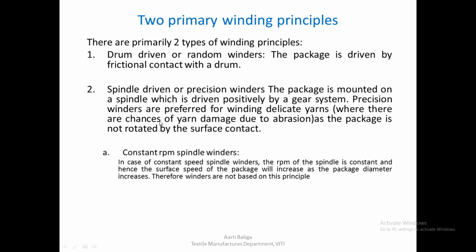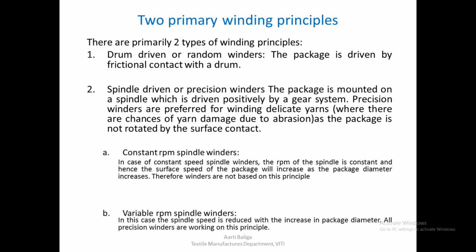So coming under spindle driven, there are again two types of winders. One is a constant RPM spindle winder. That is, in case of constant RPM spindle winders, the speed is going to remain constant. The RPM of the spindle is constant, and hence the surface speed of the package will increase as the package diameter increases. Therefore, winders are normally not based on this principle,